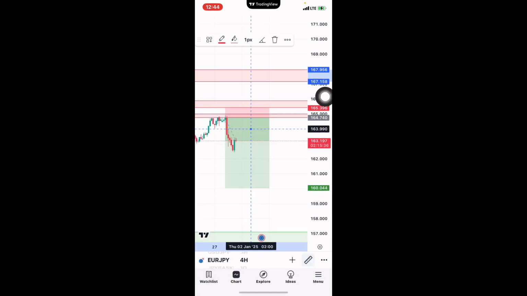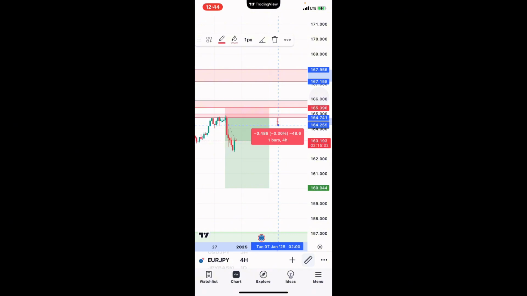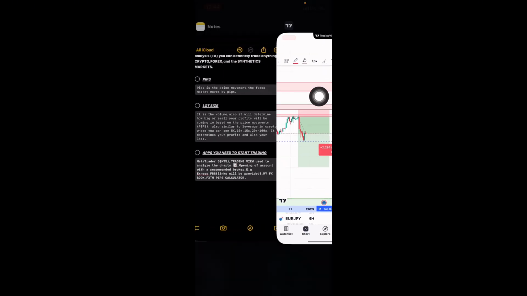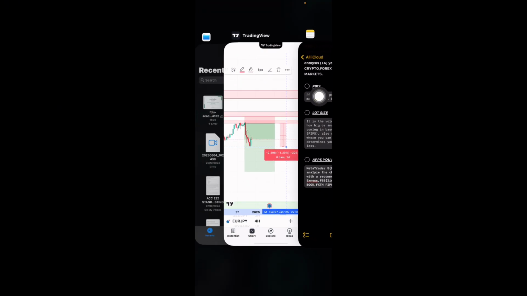This is the ruler or measure. You use it to measure. As you can see, the market is on a downtrend, that is going down, selling. Now you can see what this market has done, because I closed this trade already. You can see this minus 229 here, 0.8. This is already 229 pips. So this is the profit I'm in. Like I said, it moves by the price movement. Pips is the price movement before the market moves.